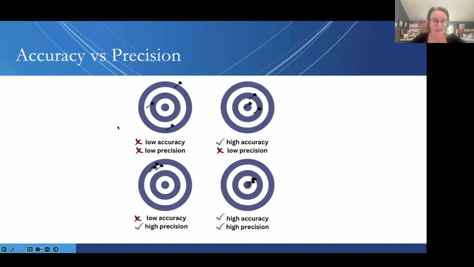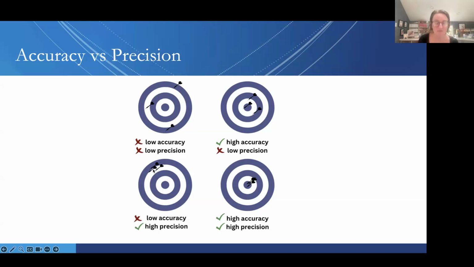All right, quick segue into the difference between accuracy and precision, which becomes really important when we think about coding. So remember that accuracy and precision are not the same thing. If you're going to look over here, let's say that the right answer, the truth with a capital T, is the bullseye in the middle. We've got 3 darts that are centered around the middle, but they're not quite on top of each other, but it's pretty close to the middle every time. So it's pretty accurate, but not necessarily as precise. It's not in the bullseye every time.